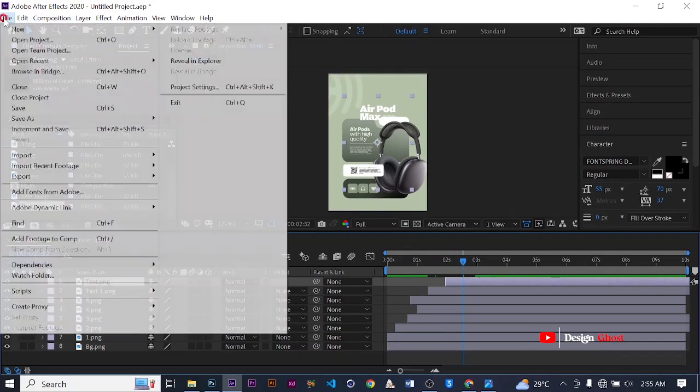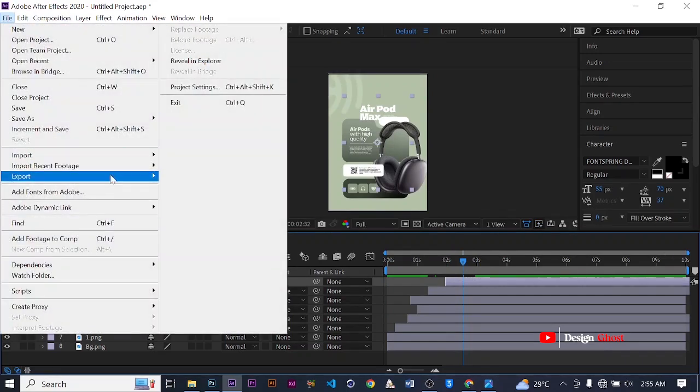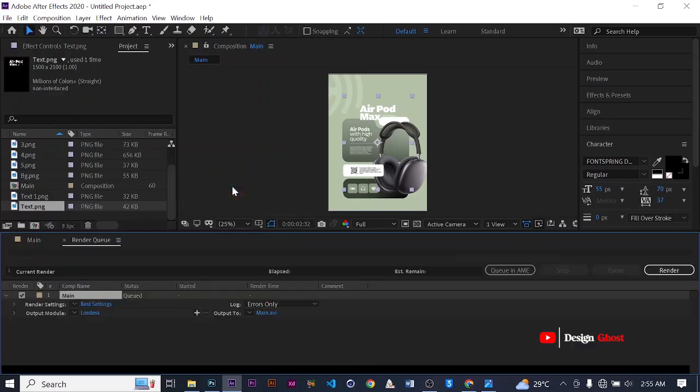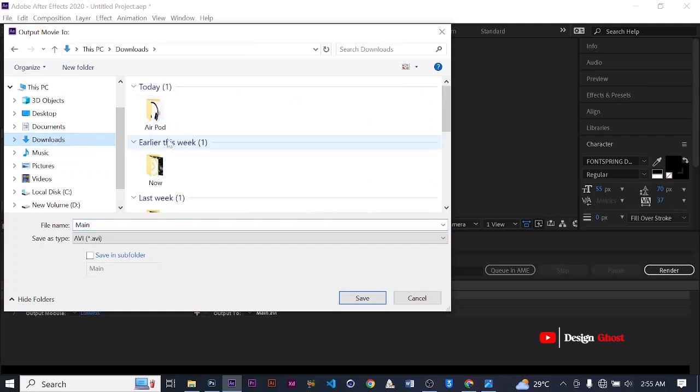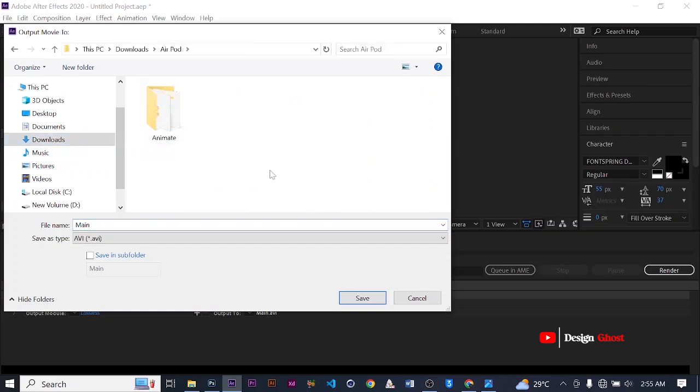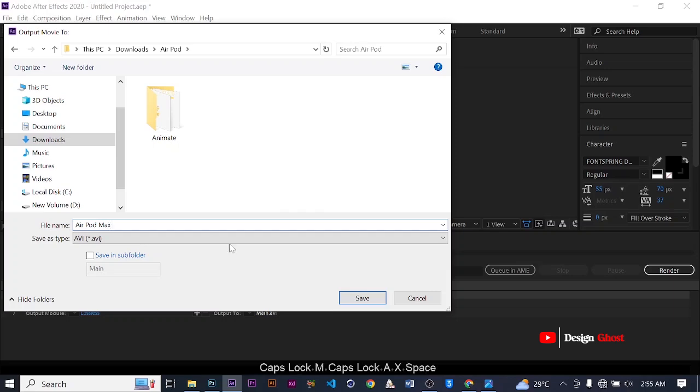Now let's export our work. So we are going to go to File, Export, Add to Render Queue. Make sure the settings are the same, best settings, lossless. Then we select the output. Let's locate where our file is so we can put it here, and we can call it airport mask, save